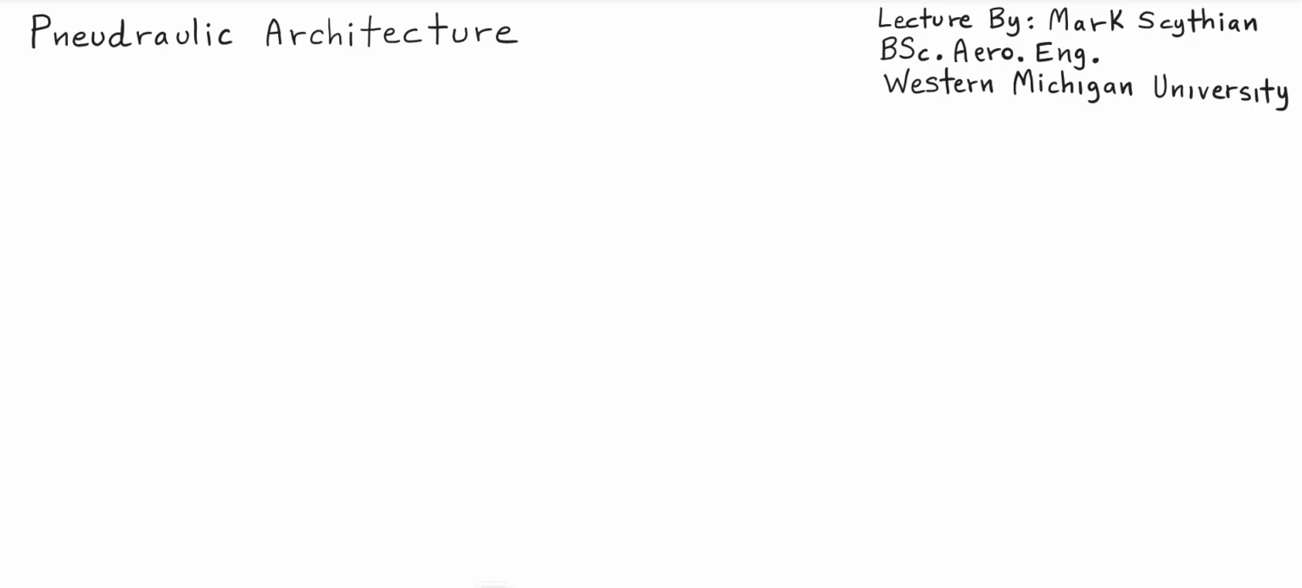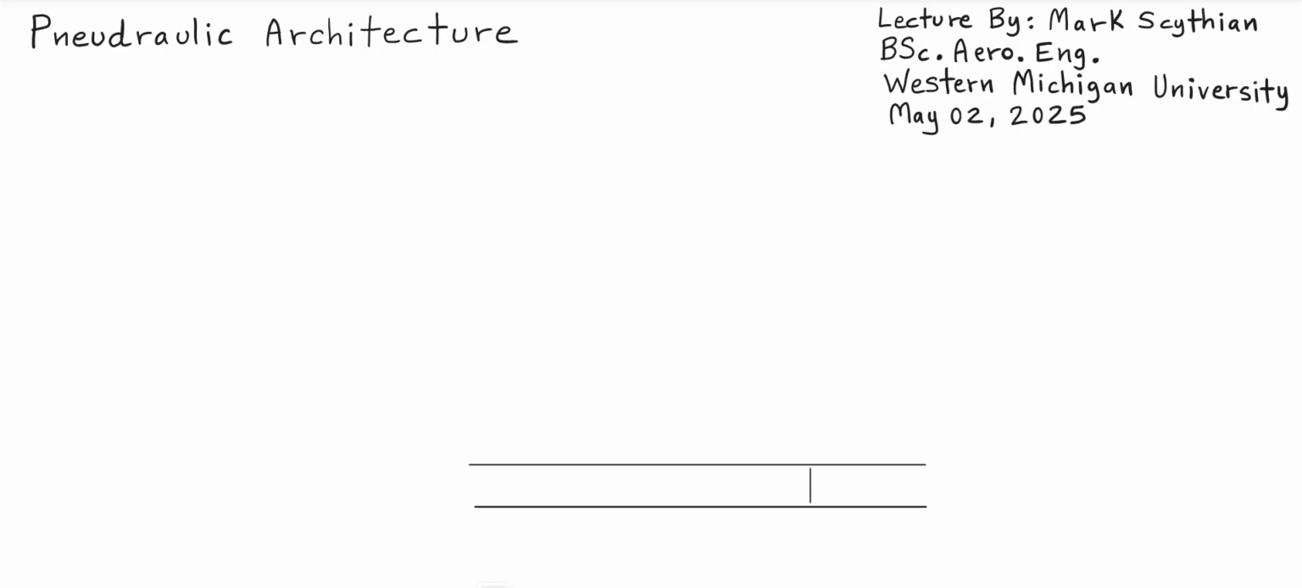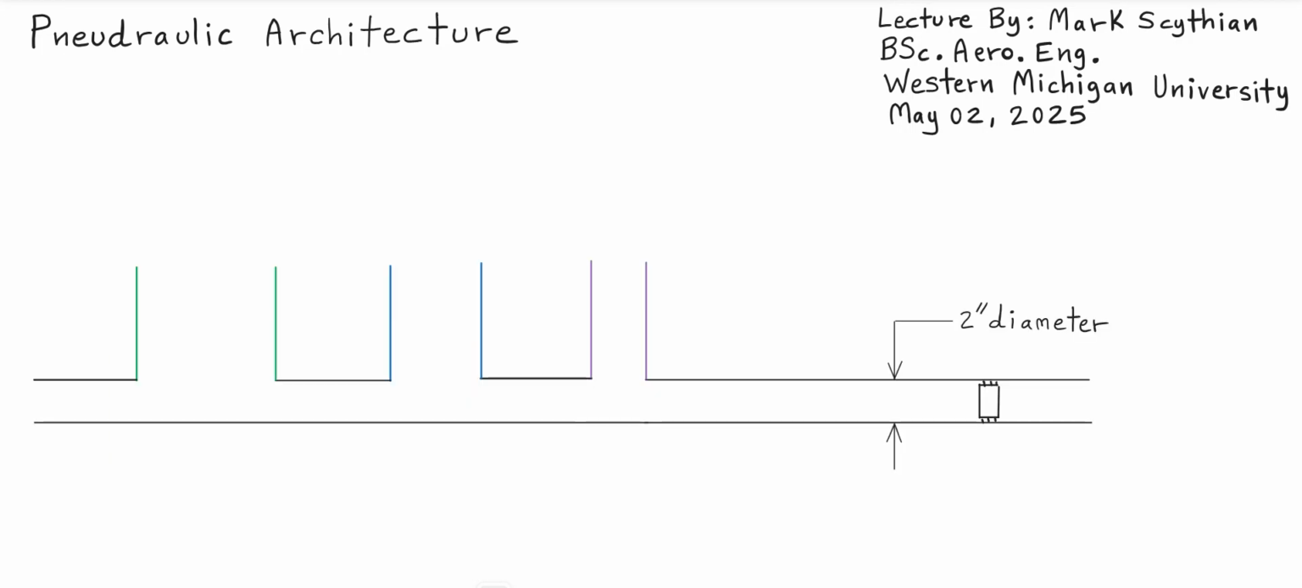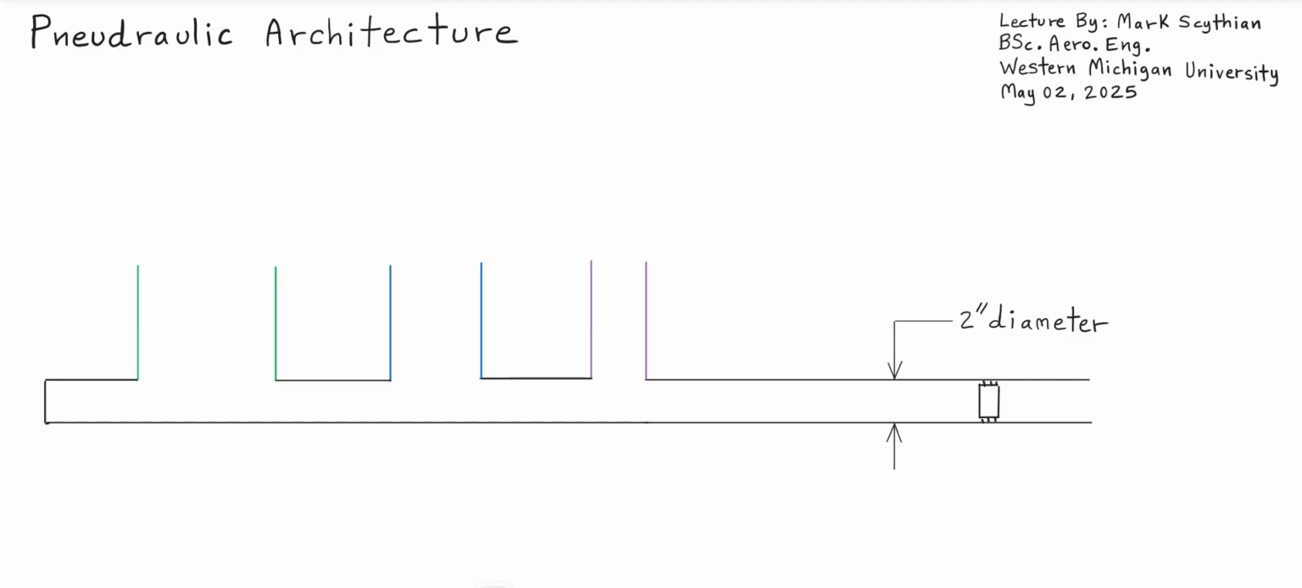So this lecture is going to focus on Pneudraulic Architecture. That is the pneumatic force input to get hydraulic force output. That's how many hydraulic systems are actually set up to have an input cylinder with a considerably smaller piston. So let's say the input cylinder is 2 inches in diameter, and then